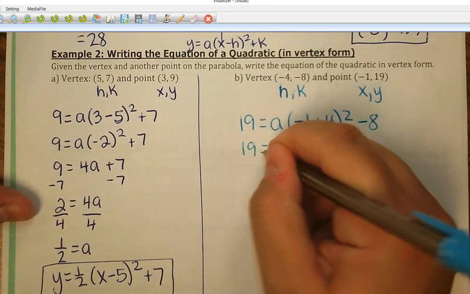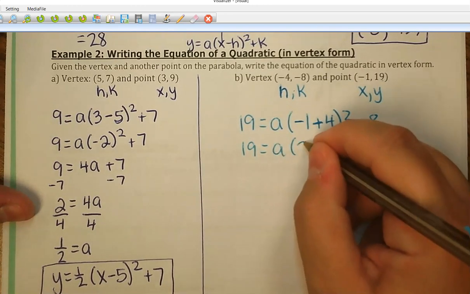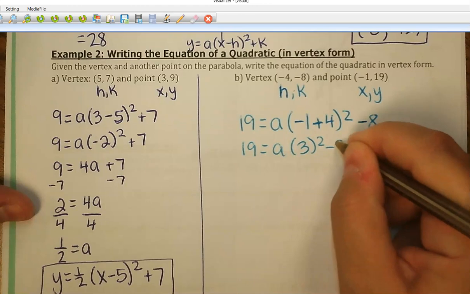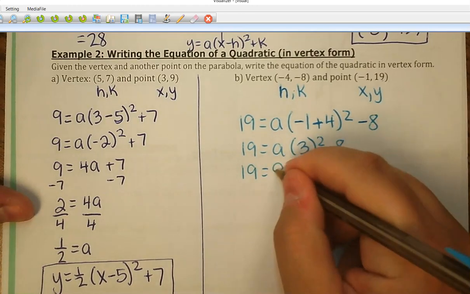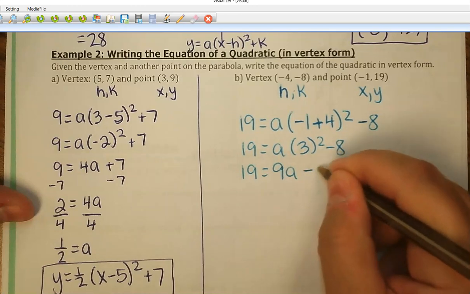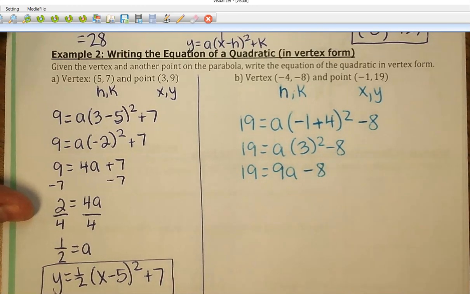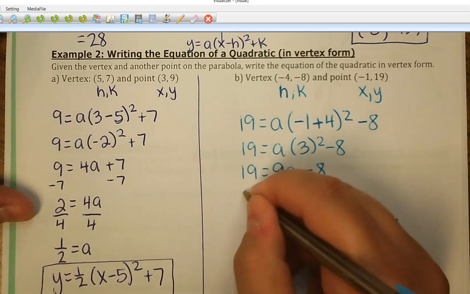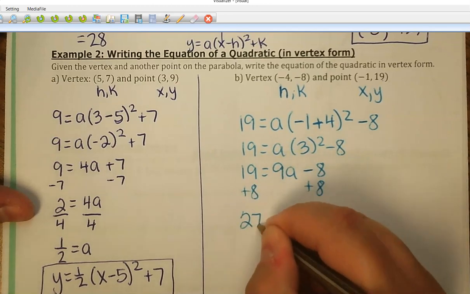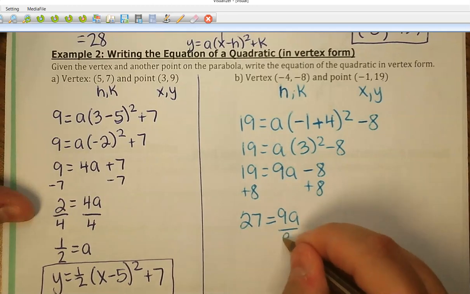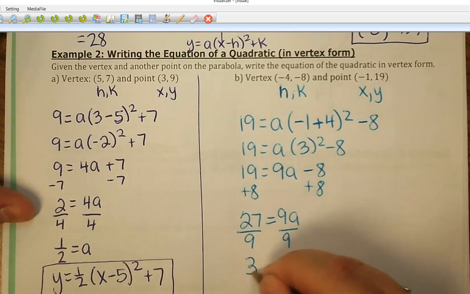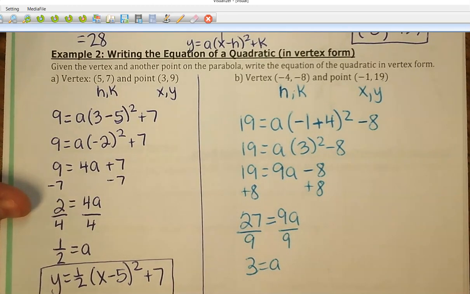Okay, go ahead, simplify the parentheses first. This will be 3 squared minus 8. So I have 3 squared is going to give me 9. I'm just going to write that in front of the a so it looks a little more typical. Add the 8. And we get 27 is equal to 9 times a. Divide by 9. And so my a value is 3,